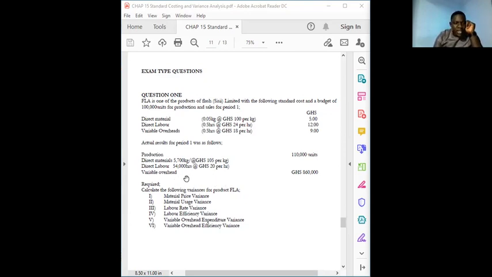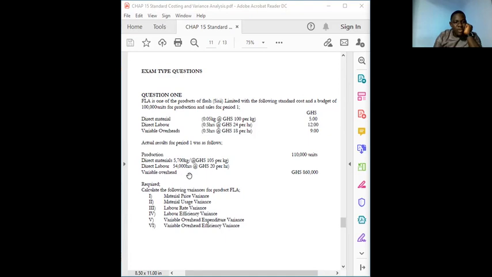For direct labor, you can see that they had planned to produce 100,000 units, but the actual production was 110 units. So for labor, the hours used is now 54,000 hours. Good. And the rate of pay is 20, but they had planned to pay 24 per hour, but actually they paid 20. Whereas for variable overheads,